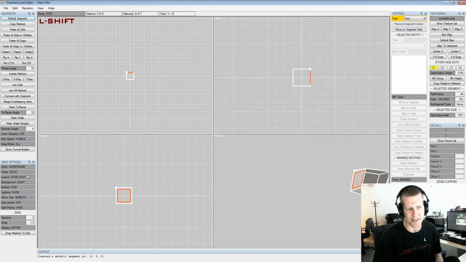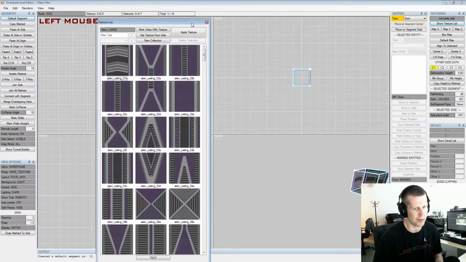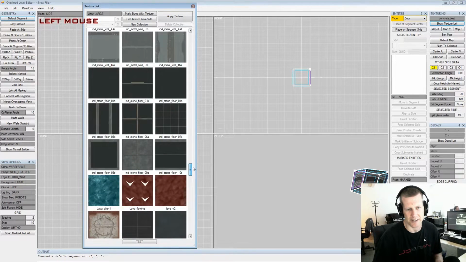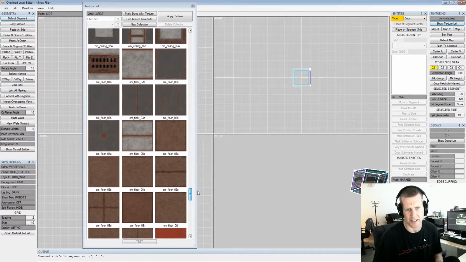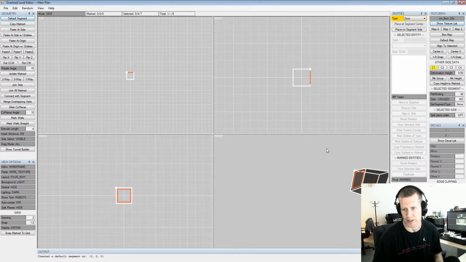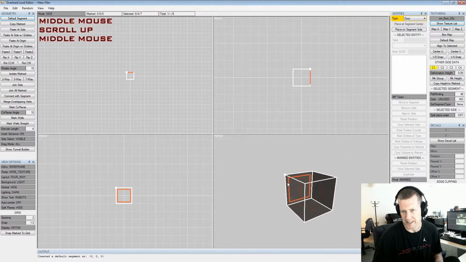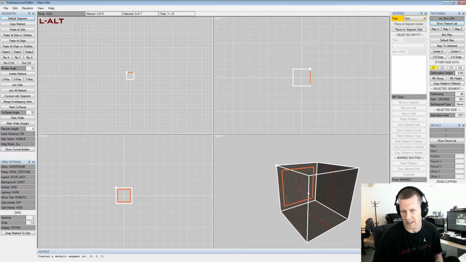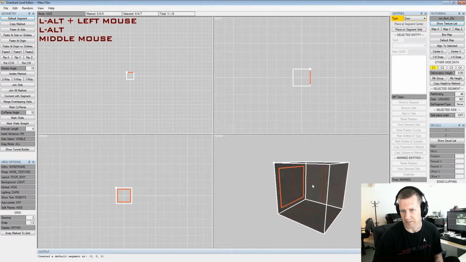All right, so let's use texture mode instead of solid. And we'll do texture wire. Let's select all those. Quickly bring up the texture list, and let's do that texture. There we go. Okay, that's texturing for you. What I did was I marked all the faces, and then I assigned a texture to them, and I used